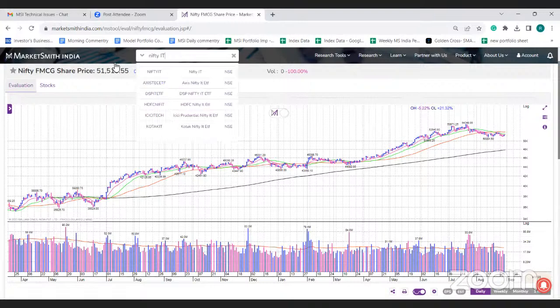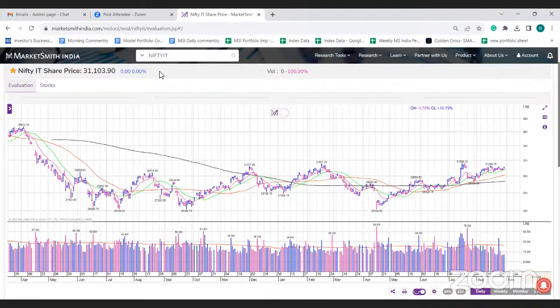Now, if you look at the IT index, though it is holding a certain level, it is holding above its key moving averages. But still, जो एक zone में फंसा हुआ है ना 32,000 के नीचे, so 26,000 ब्रीच नहीं करना है, 32,000 के ऊपर नहीं जाना है, वो जोन में अभी भी फंसा हुआ है. But the good part is that it is stuck on the higher side.